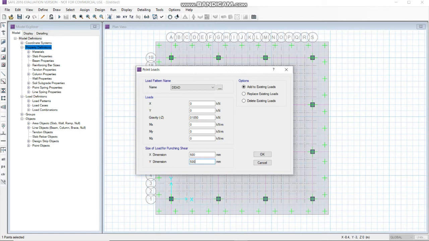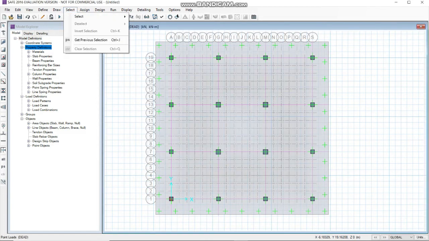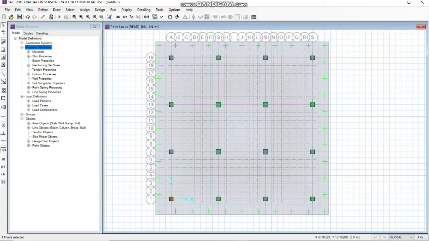Firstly, assign the loads of dimensions 500 by 500. Click on OK.